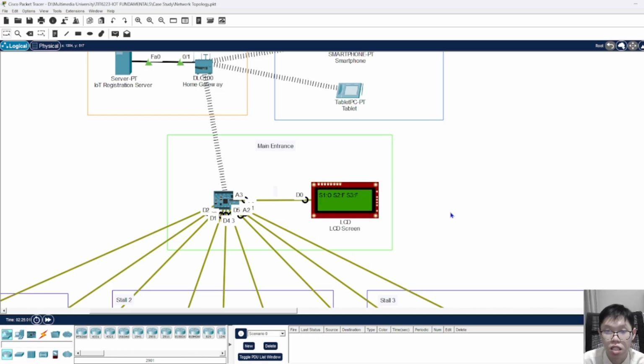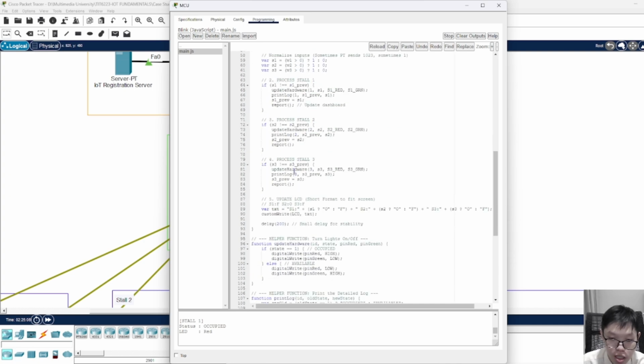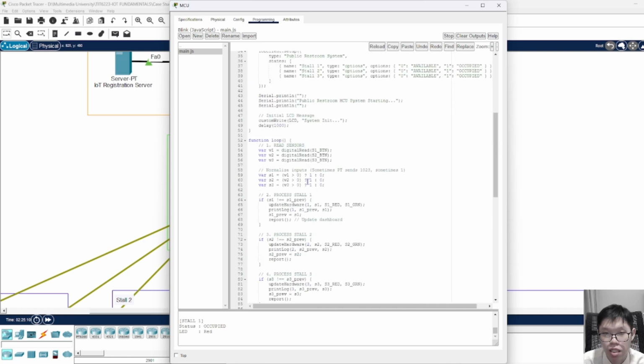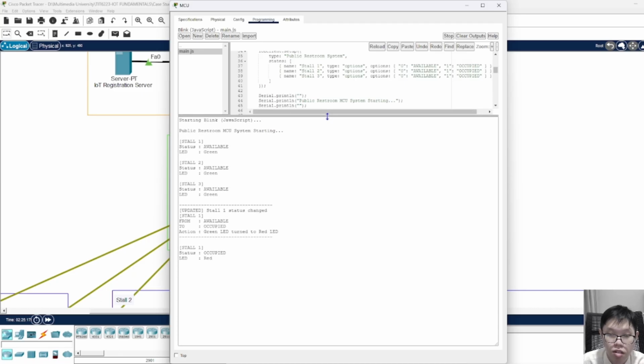To understand the logic behind this, now we move to the MCU programming tab. You can see the programming code is using JavaScript and it is event driven. Now I will extend the log. This is the detailed log. So you can see